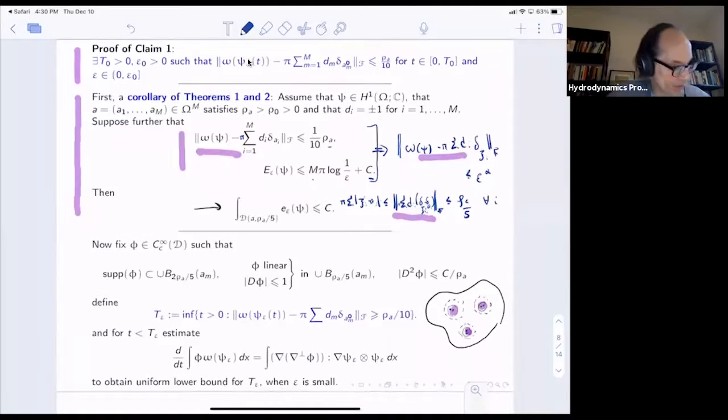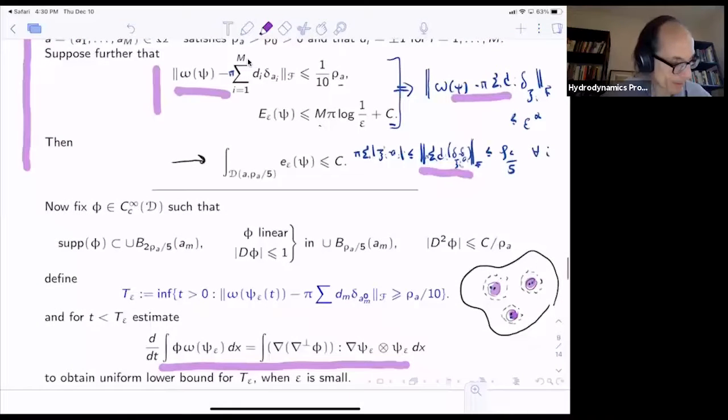Okay, so in the end, I want to use the evolution equation for the vorticity, and here it is in integral form. I'm going to make a smart choice of test function phi and put it in here and get information out of it. And so what will I do? I'll take a test function phi who is